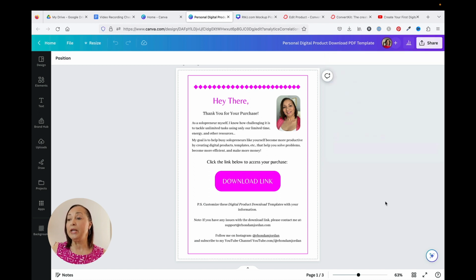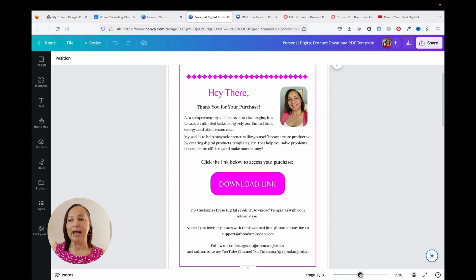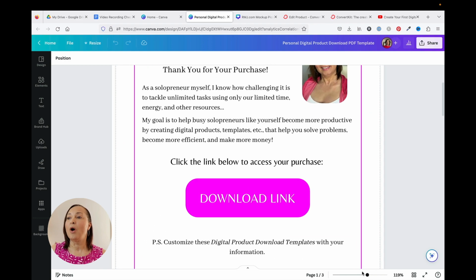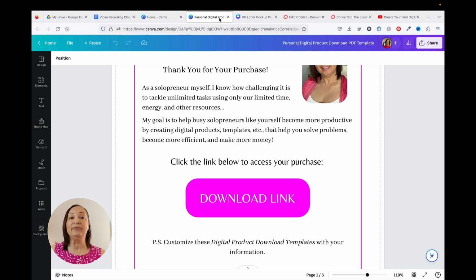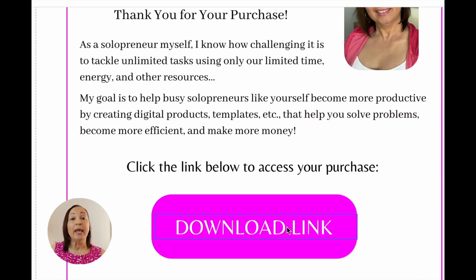So I'm going to increase the size of this document. Okay, and you'll notice there's a section that says download link. So I'm going to go over, grab a link to one of my YouTube videos, go back to that download link, and once I click on it, you're going to see this little menu pop up. I'm going to go to the three dots that say more. I'll click on that, and then I'm going to select link.